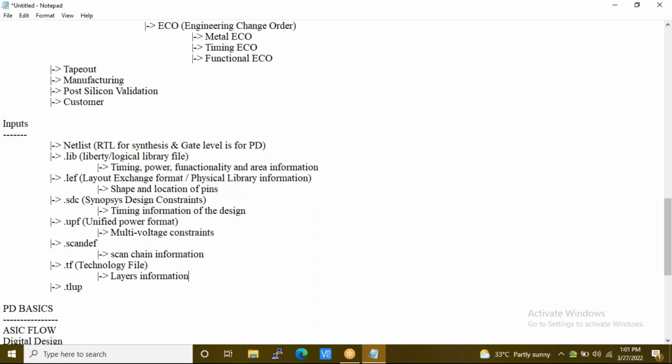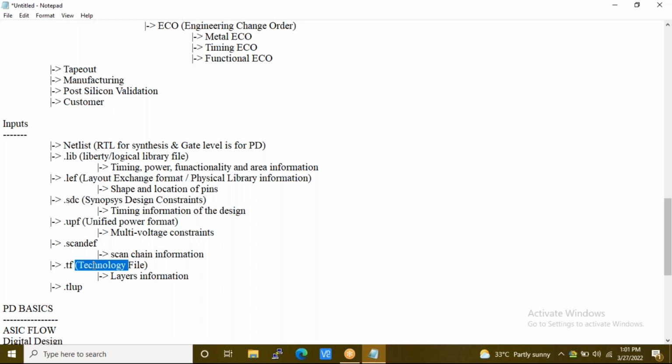Layer by layer, multiple tracks will be present, and on those tracks only, copper will be placed. Now on each and every layer, the spacing between each track and the width of that track, everything will be defined in this particular technology file.